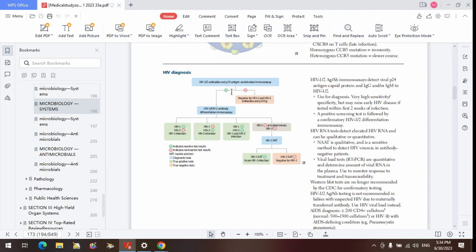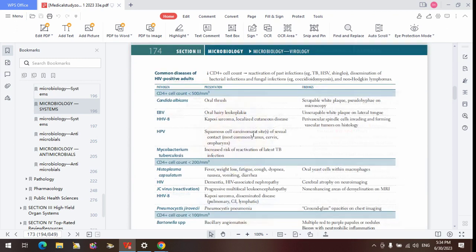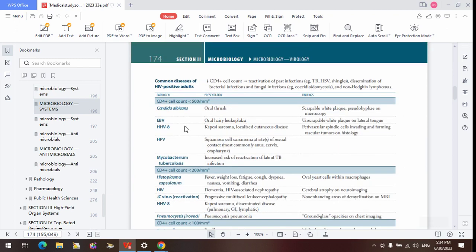Now, if you don't see anything, there's no antibody against type 1 and type 2, it is negative. That is when you now employ your nucleic acid test to figure out what is really happening. So if HIV is actually there, that one will pick it up for us. So that is that. So let's talk about the